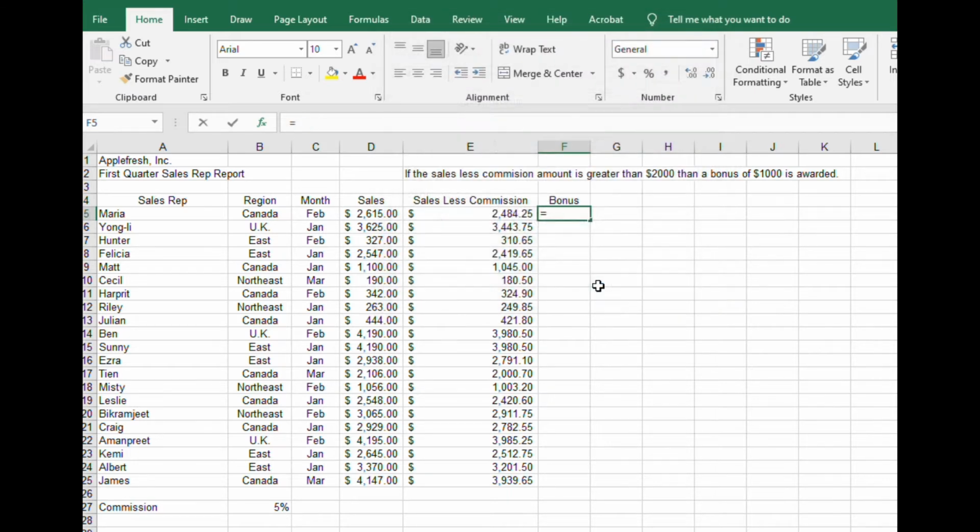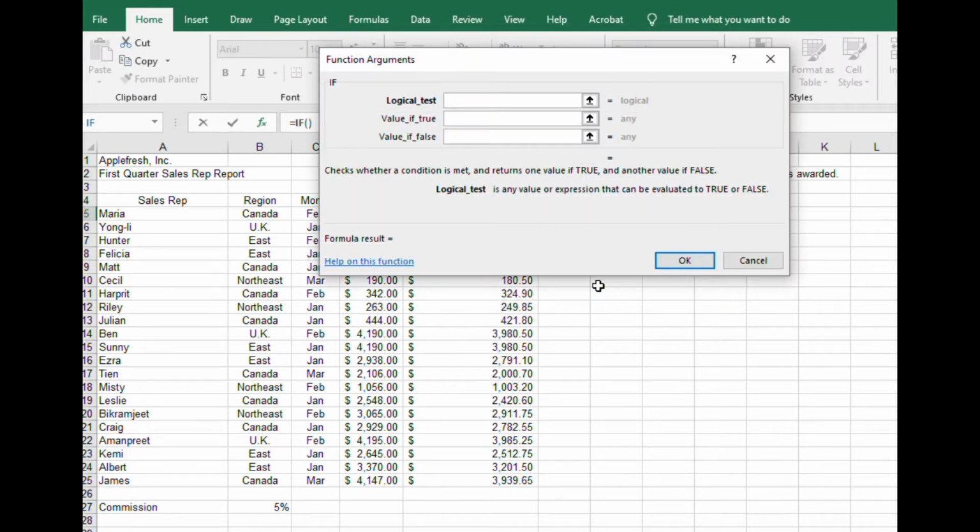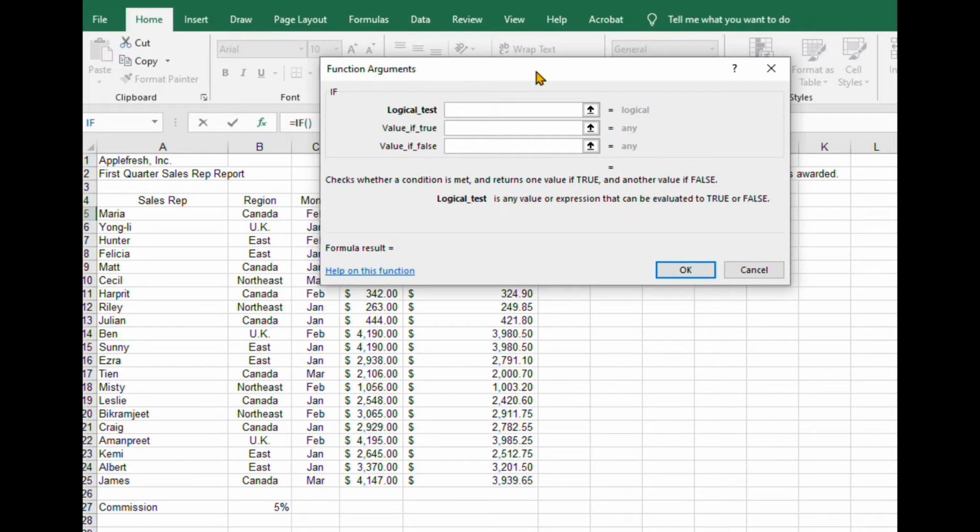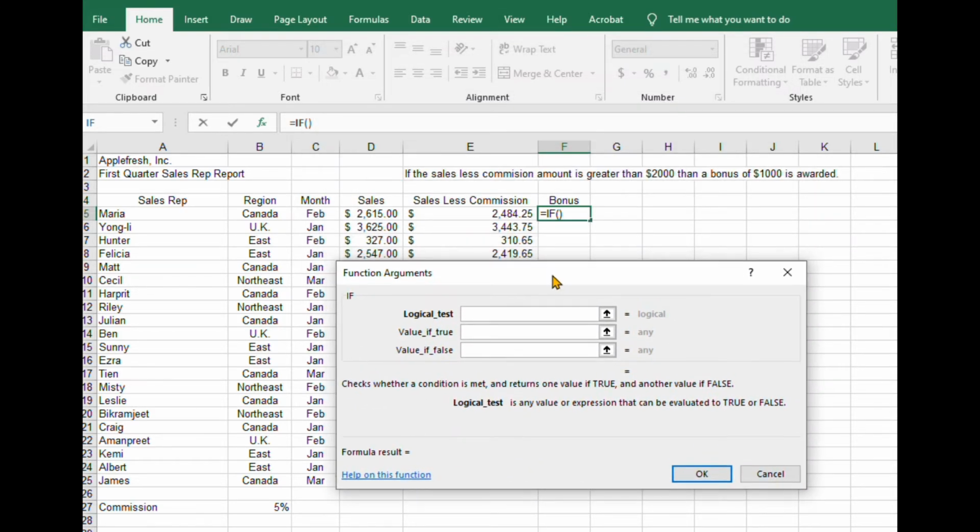I click OK. I get a logical test. I'm going to move this a little bit out of the way. What I want to do is check to see whether the column E, sales less commission, is greater than 2,000. So I want to see whether people are going to get that bonus. So here we go, building this. I'm just going to type it this time to make it easy. We go checking if